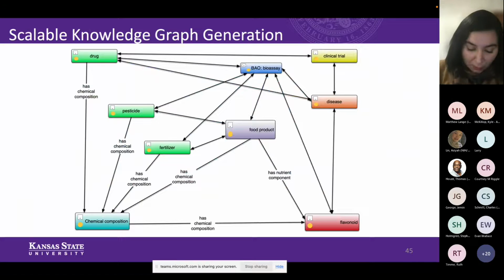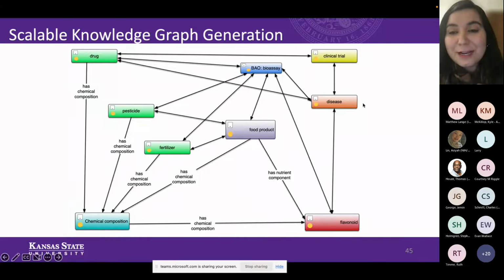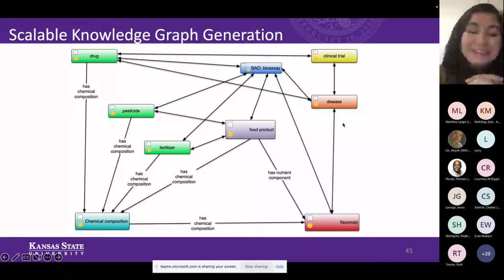But of course, the ultimate goal we have is creating scalable knowledge graphs. And as Matthew was talking about, the chemical composition component is key in this, right? Drugs have chemical composition components, pesticides, fertilizers, and foods, they all do. We see chemical composition components used in bioassays. We see drugs used in clinical trials, and everything can be connected to diseases through all of these different chemical composition components.